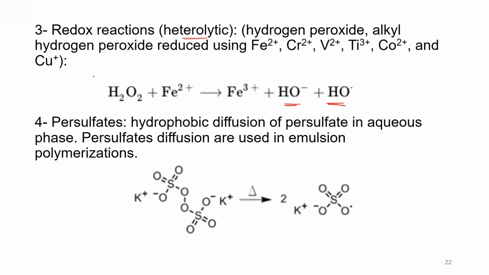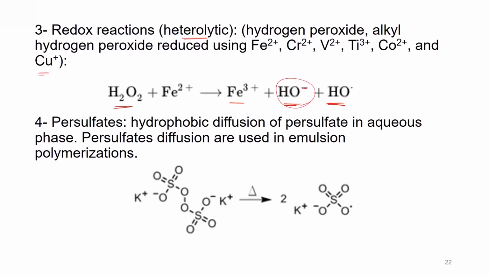This happens usually with hydrogen peroxides, and we usually reduce them using iron, chromium, vanadium, titanium, cobalt. Also, copper can be used. In case of using iron, the hydrogen peroxide would oxidize the iron from 2 to 3. And now you have this hydroxide ion, which carries a negative charge,